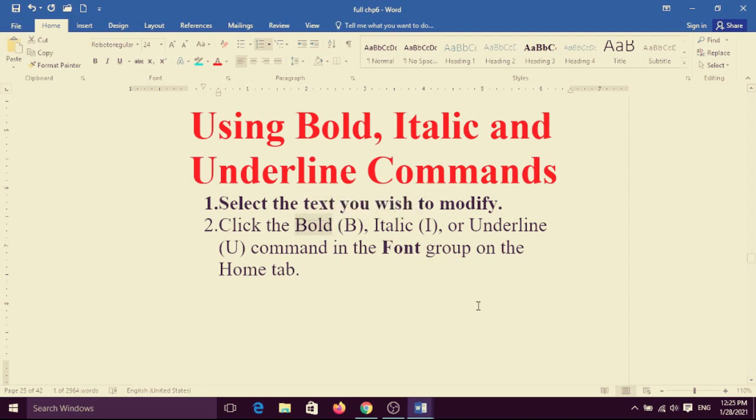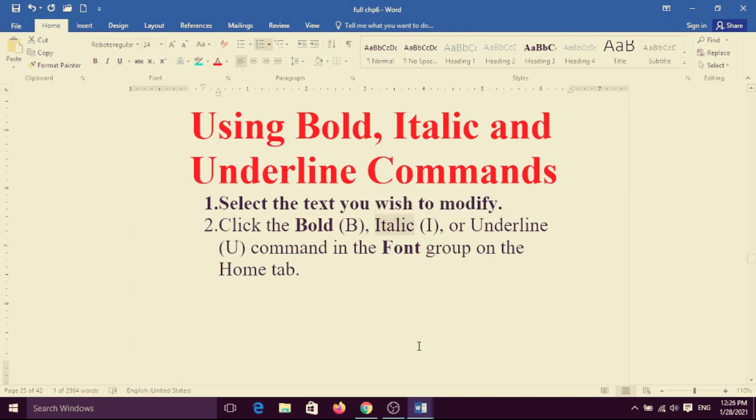First you should select the word which you want to bold, and click here in the Font group, choose B. Now you see your selected text is bold.